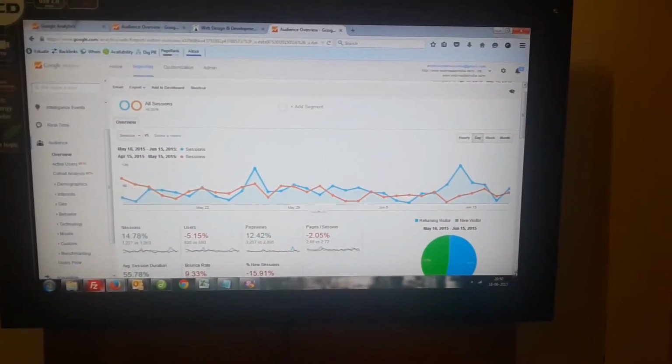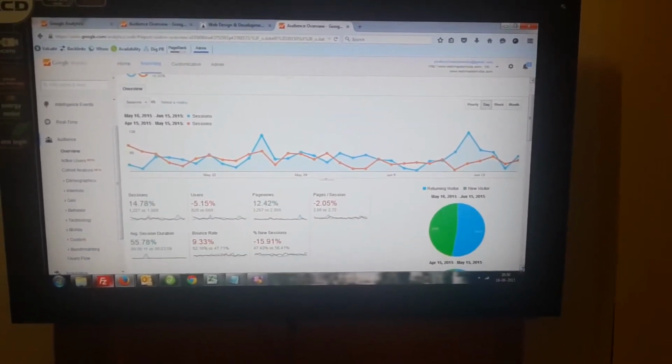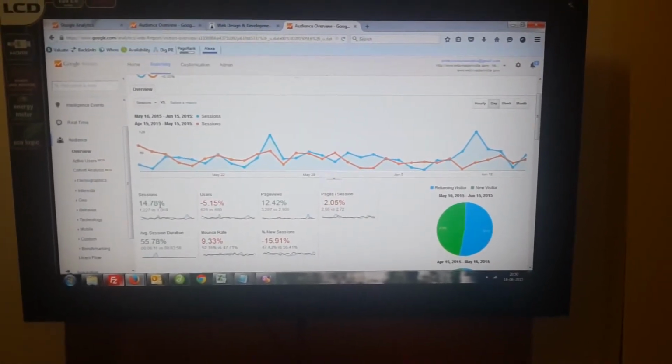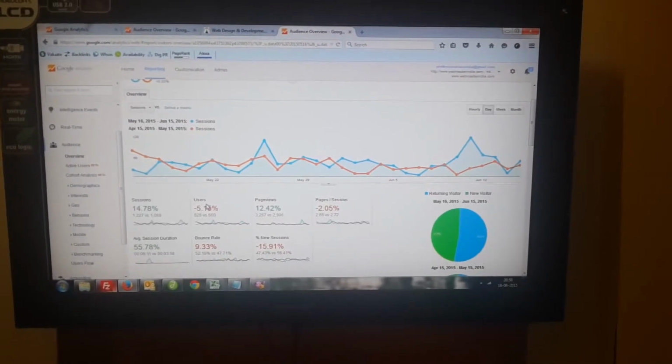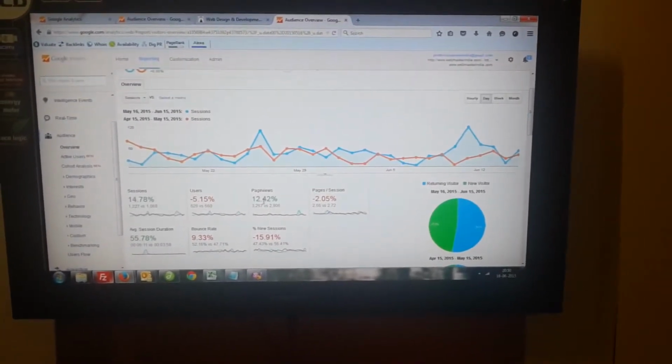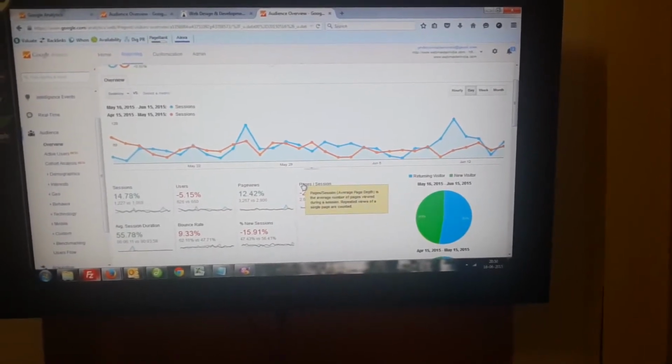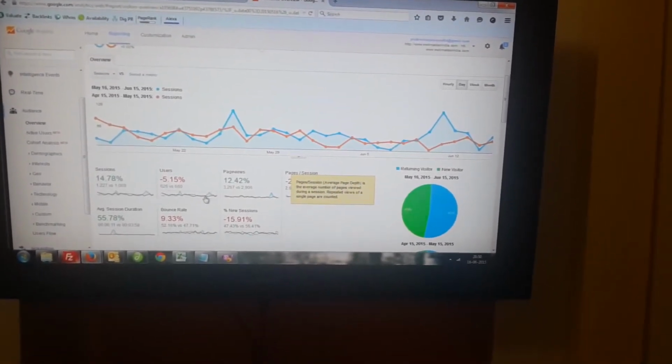This way you can analyze the traffic coming to your website, whether the number of users has increased or decreased, the number of page views has increased or decreased, the number of pages per session has increased or decreased.